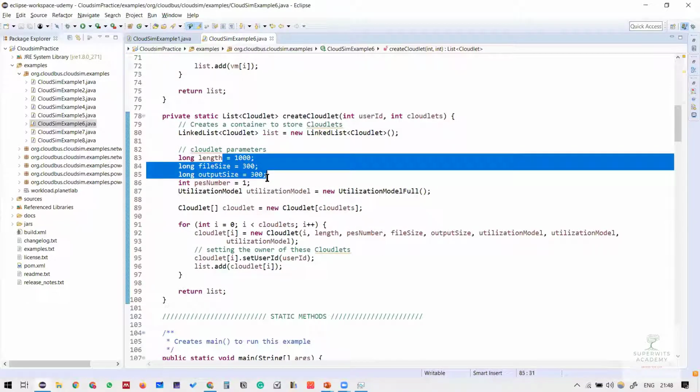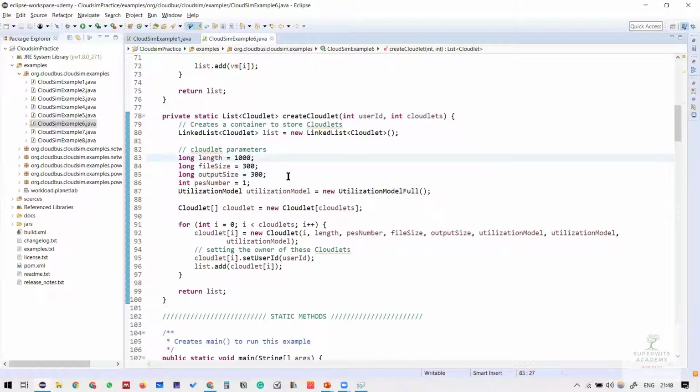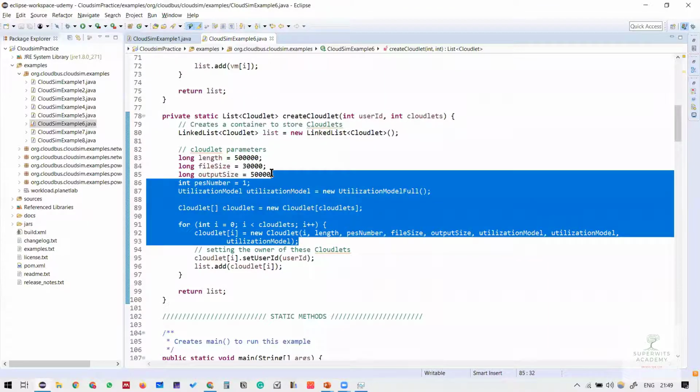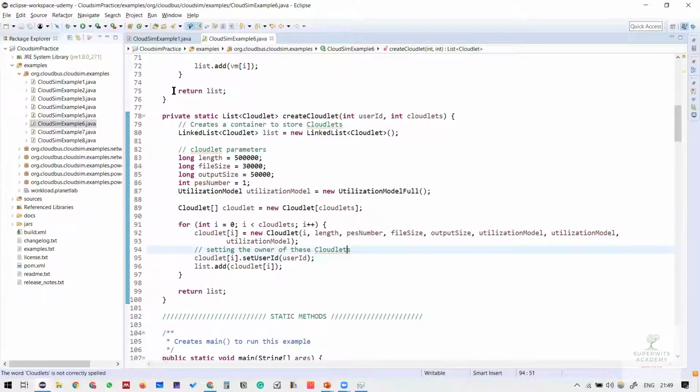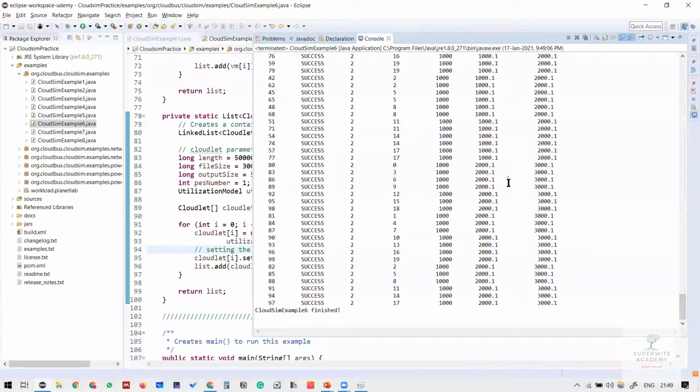Because the cloudlets we are running right now are very small, right? If I say the cloudlet I'm trying to run should have, not 50,000, but 5 lakh instructions, and the size it is going to transfer through the network should be around 3,000, or maybe for the output size, I generate more data, right? After processing, more data will be generated, and that will be traveling back to whatever distributed node it has, along with the corresponding full utilization. In that case, you will see the difference in the output from what we get here, right?